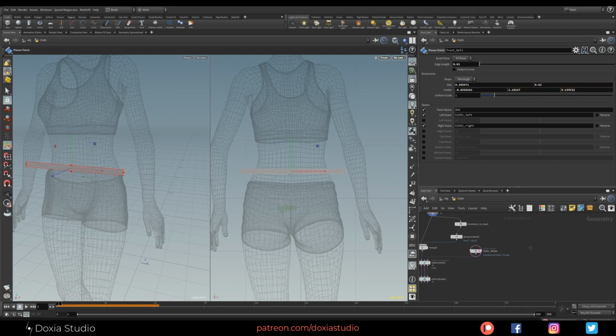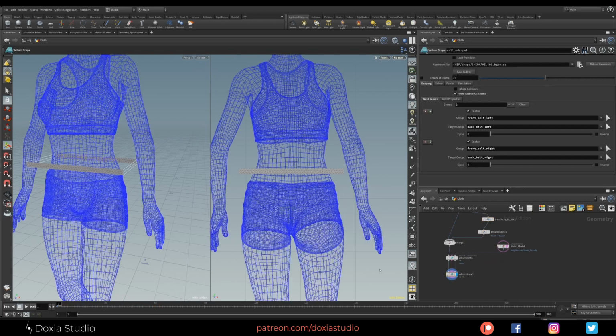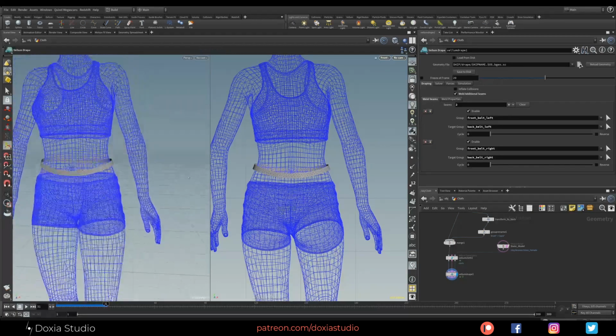Okay, like this. As I said, because we are using a transform, this is like semi-procedural stuff. So now, if everything goes all right, okay, you can see we have a really nice belt.